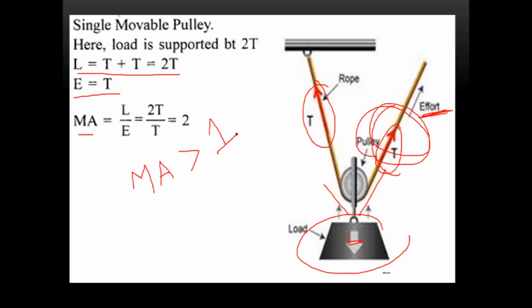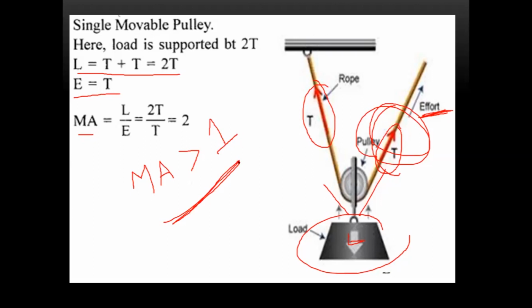But if you are using a movable pulley, in order to move a 100 Newton load, you don't have to give 100 Newton force as an effort. You can give much less than that. So your effort is being reduced in the case of a single movable pulley. And this is the huge advantage of a single movable pulley when compared to the fixed pulley.